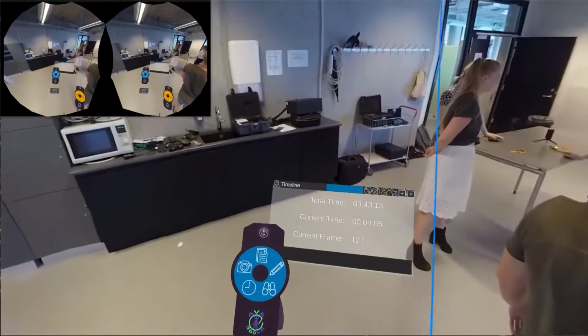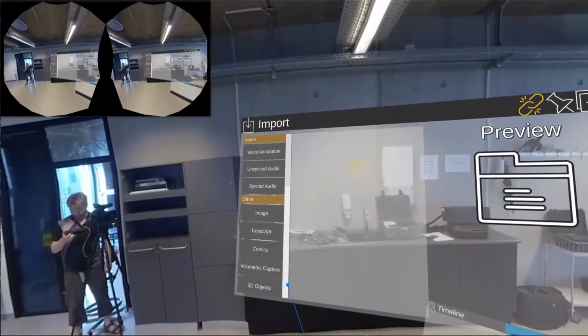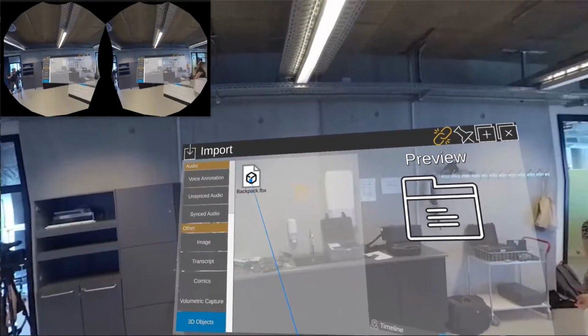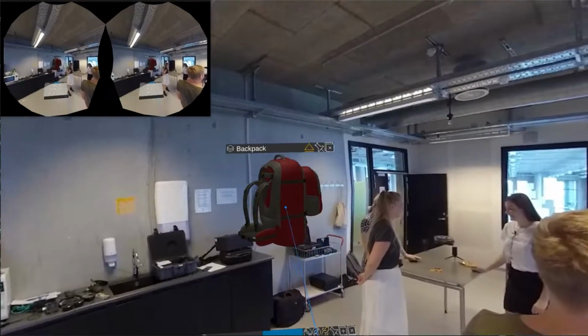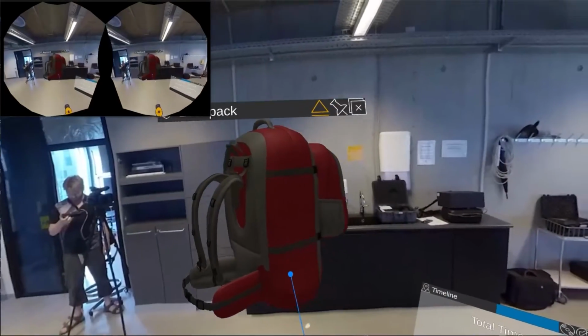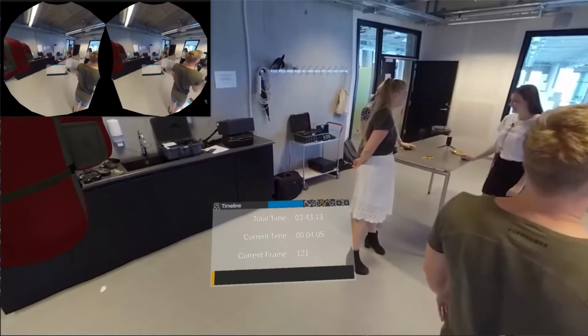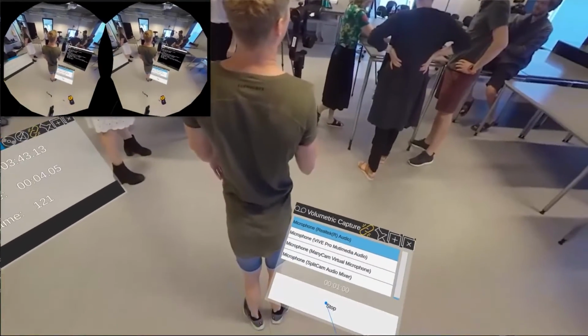Okay, so maybe I'll just open an object here. For example, if I go to import, I can import anything. Let's take a 3D object. We have a backpack here. I'm going to open that, and there we are. We have a backpack that I can bring closer to me and say I'll move it just there. So I'm going to stop the Volcap now, and we're going to replay it. So if you just click stop,